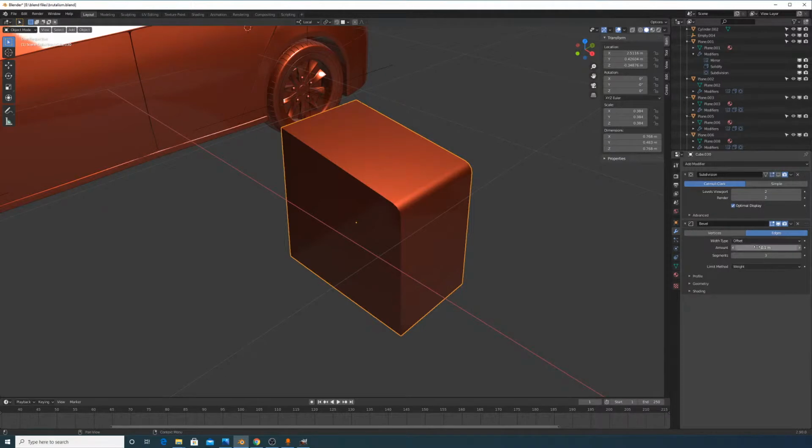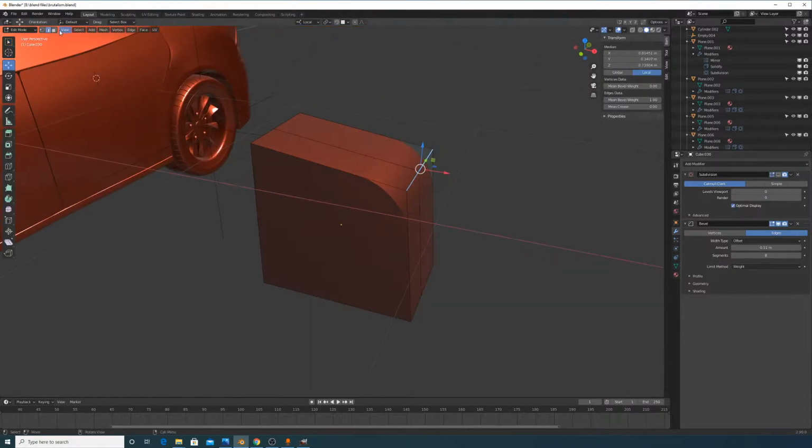There's still a lot more to go though, so I'm going to take that way up, bring up the subdivisions. Well, actually, subdivision isn't going. So I'll bring up the bevel amount to something really high, and